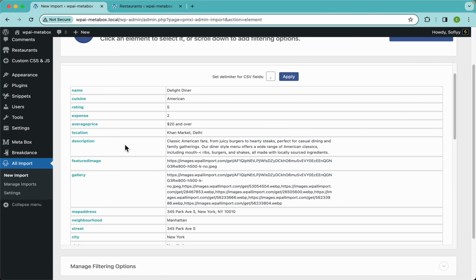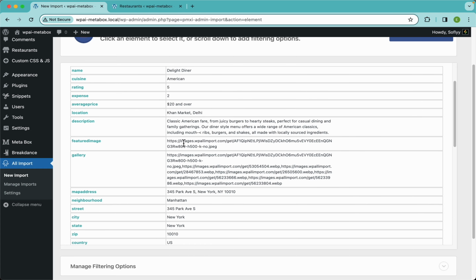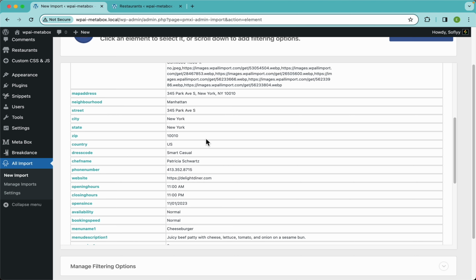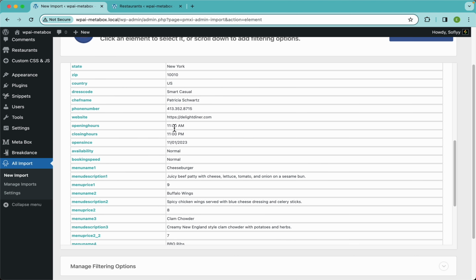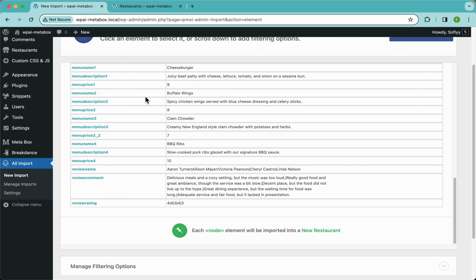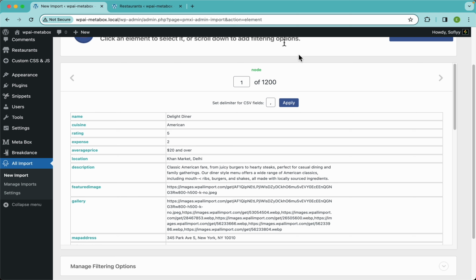We have our name, the cuisine, the ratings, description, some images, some address fields, then we have some time pickers, then a date picker, and a bunch of other data, including 2 repeater elements, which in Metabox are called groups. So let's just get this file imported, but first let's say maybe you don't want to import all 1200